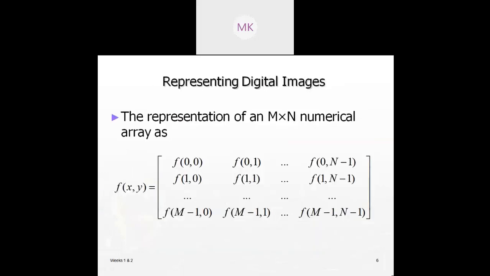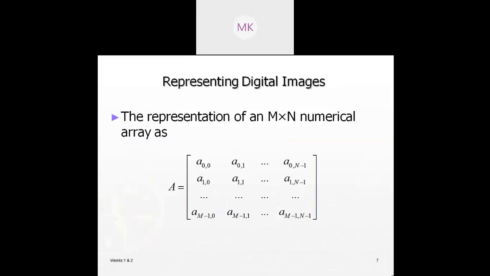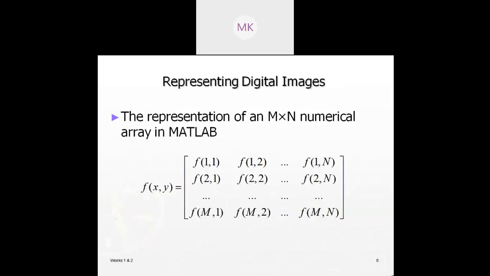Representing the digital image in the form of a matrix, in the form of a numerical array in MATLAB. So next we'll consider neighborhood operations. These neighborhood operations are used to represent the relationships between the pixels. So first we'll consider the neighbor of a pixel. What is the neighbor of a pixel? This neighbor can be considered with respect to 4 neighbors as well as 8 neighbors.